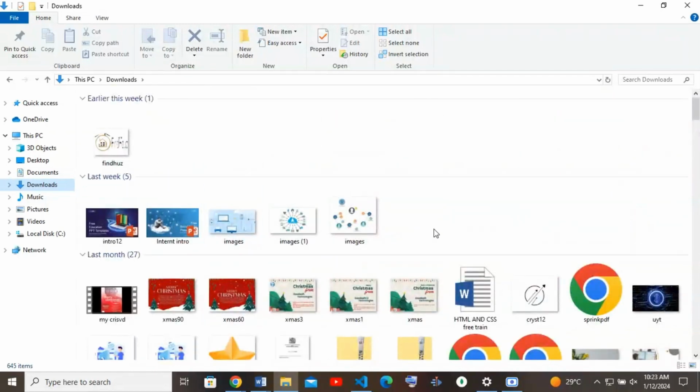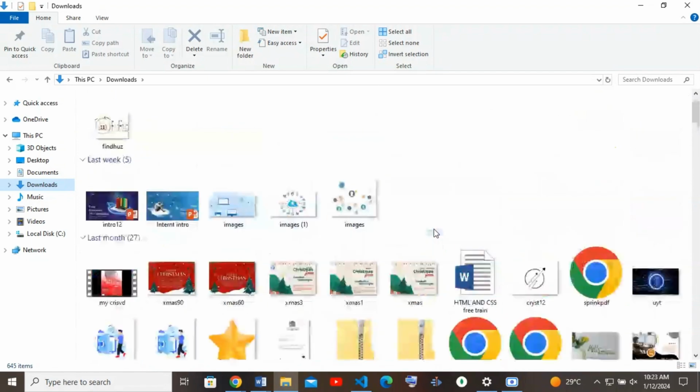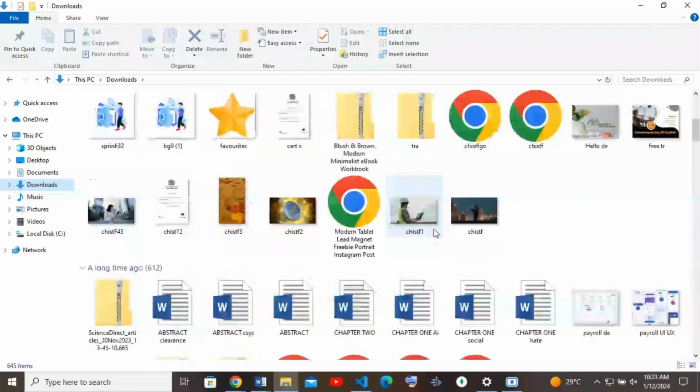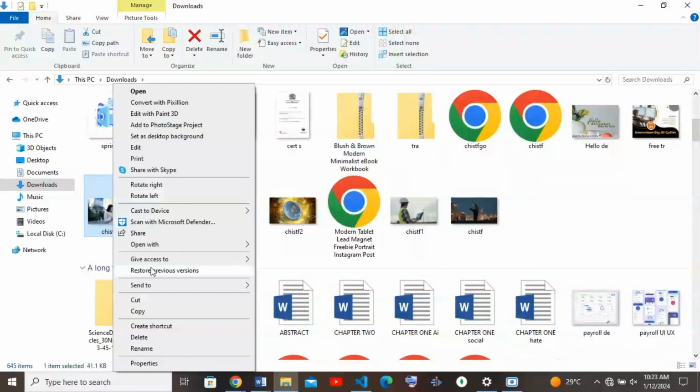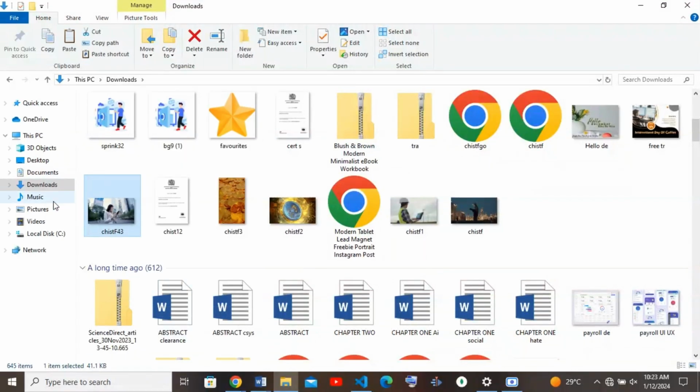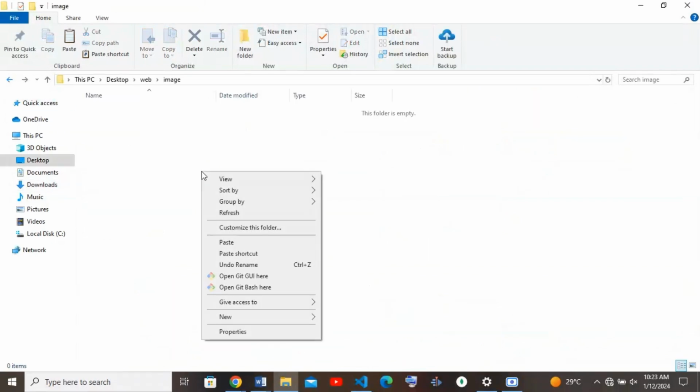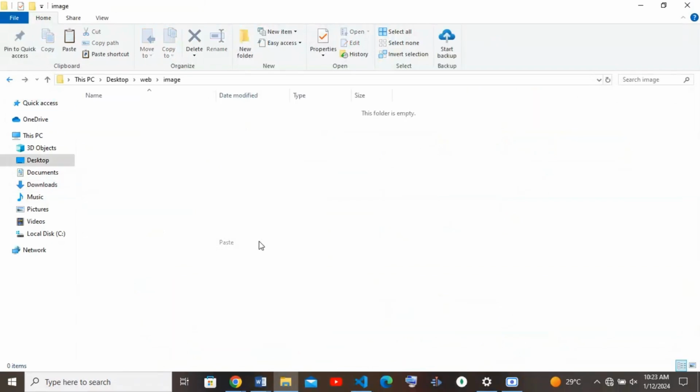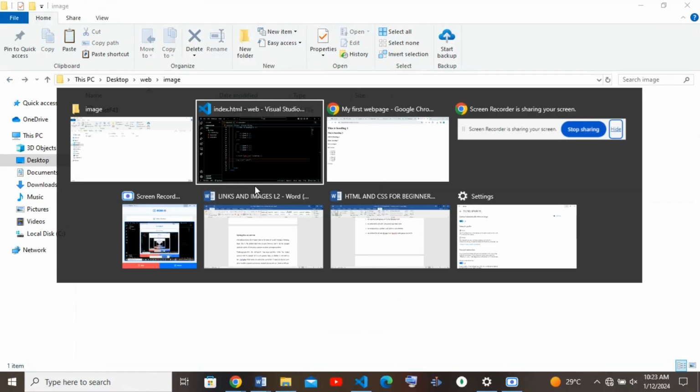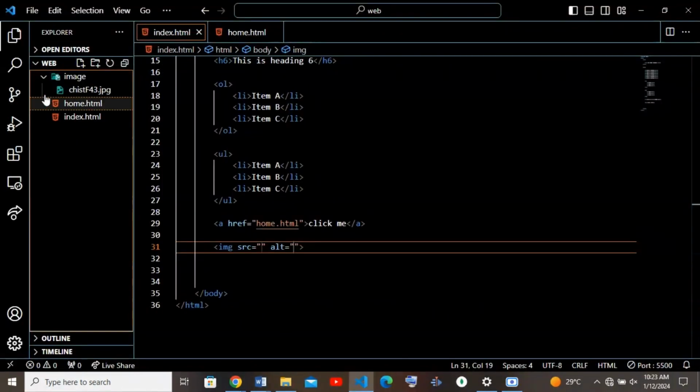So let me just quickly copy this image. Then I will go back to the directory and put it here. So now if I go back to my web folder and open my VS Code, as you can see